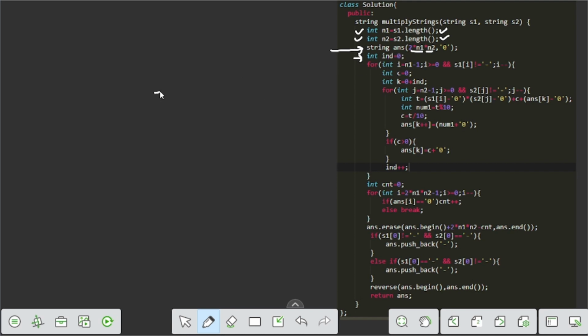Okay, let's suppose 12 and 32. If we are going to multiply those strings, then 2 into 2 is 4, and 2 into 1 is 2, and here 3 into 2 is 6 and 3 into 1 is 3.